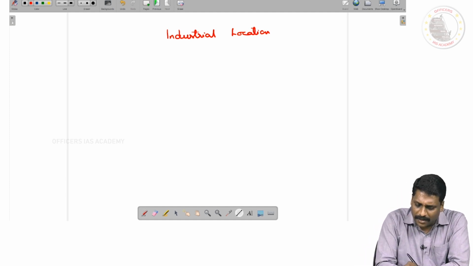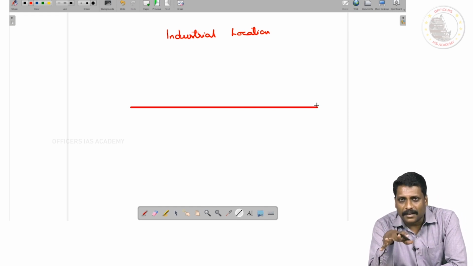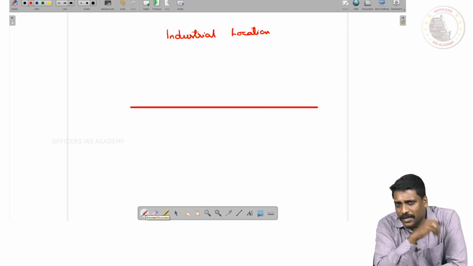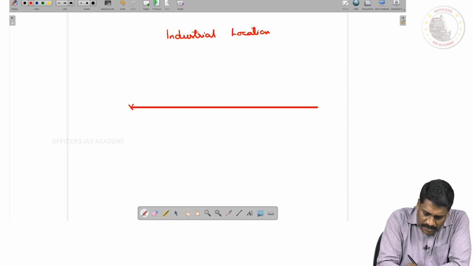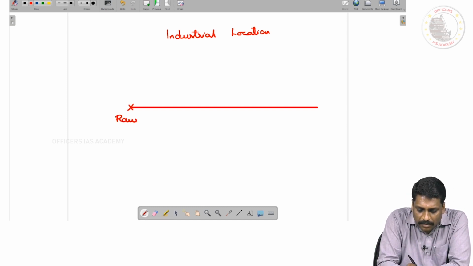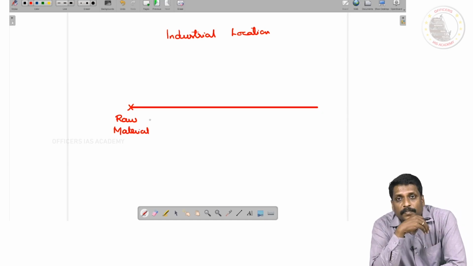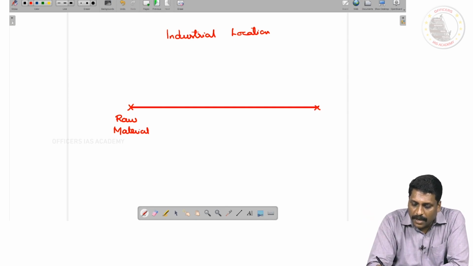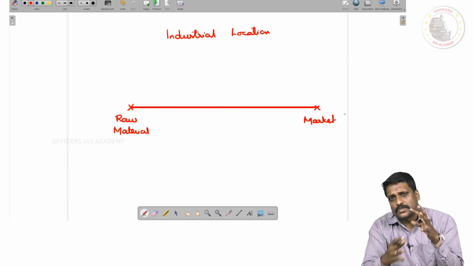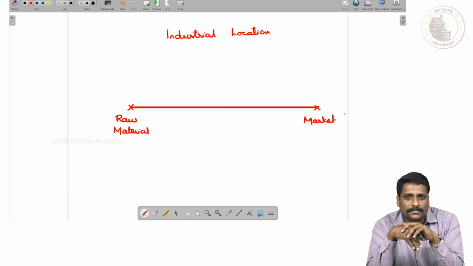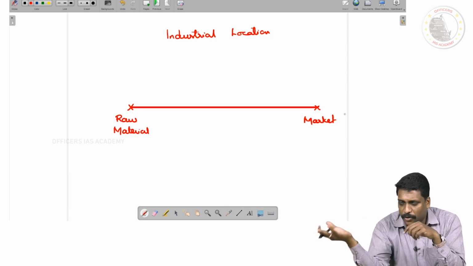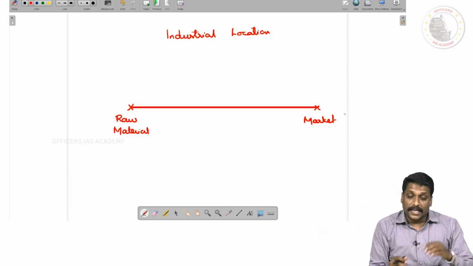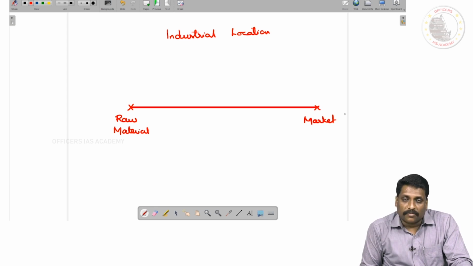If you ask me what they are, very primitive. It may not be in reality, but somewhere to understand the concept, two places are very, very important, sir. One, the place where exactly you get the raw material for the manufacturing of a product. And number two, of course, any processed manufactured goods has to be sold in the market. The place where you sell the goods, you call as what? Market. So these are the two places which are very, very important for the locational aspect of an industry. The place where you get the raw material and where you can sell your finished product, you call as what? Market.